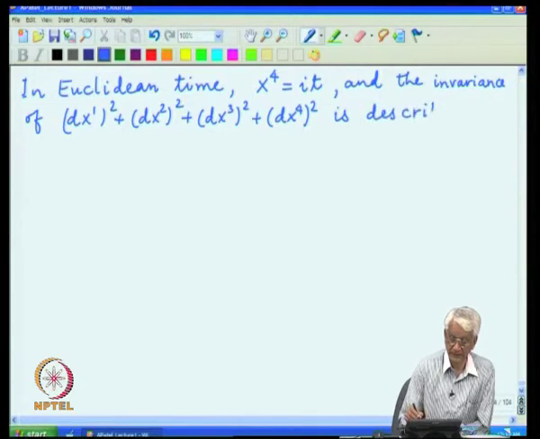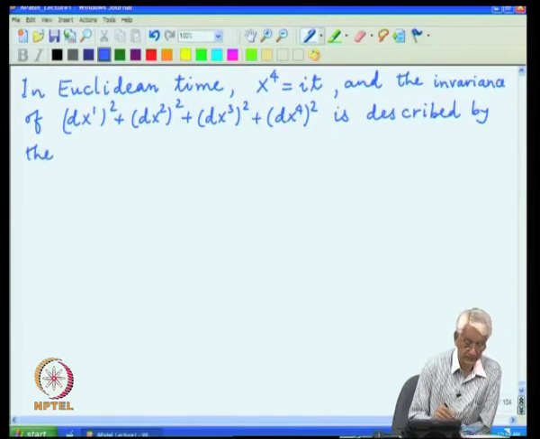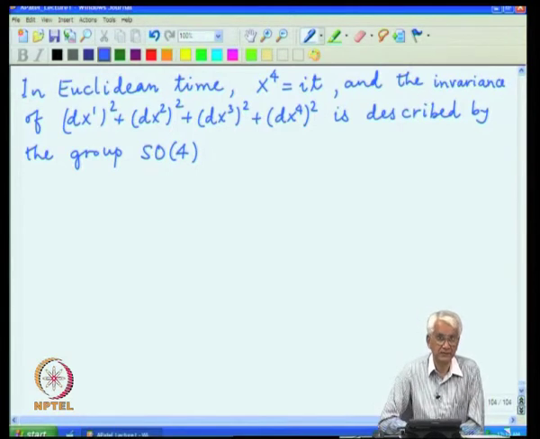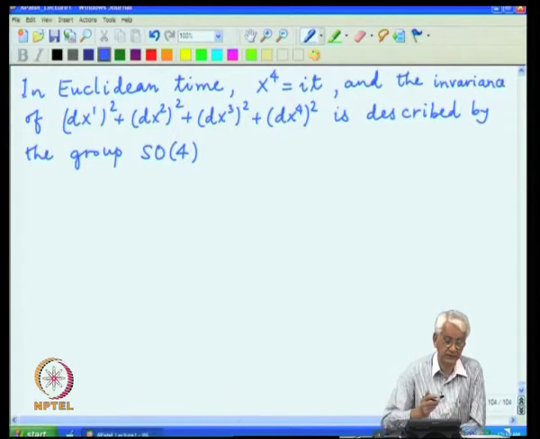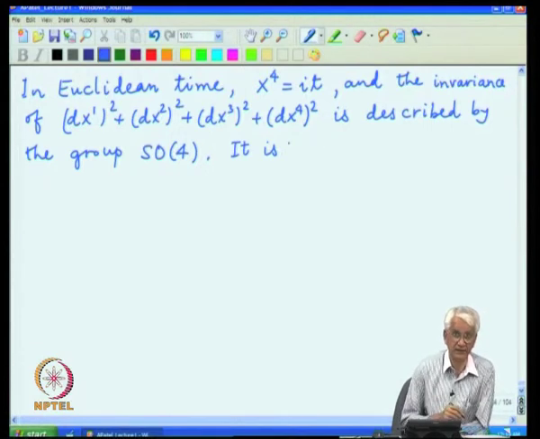and that is described by the group SO(4), and this is an orthogonal group acting on 4 components, and the norm of the vector is preserved. This is a much more familiar or simpler version than the SO(3,1), which we analyzed as the Lorentz group. The Euclidean group can be easily separated the same way as the Lorentz group.